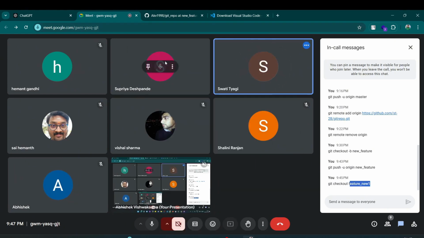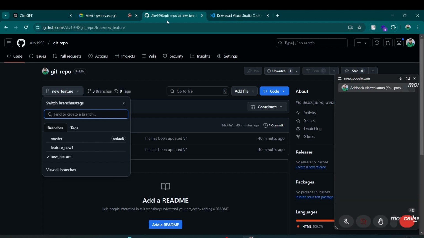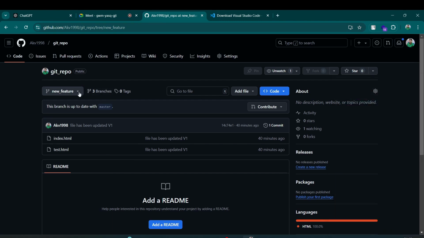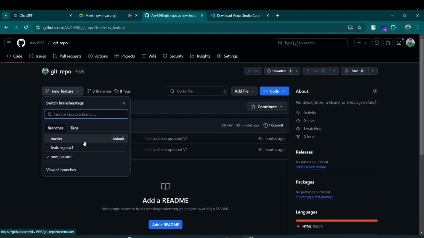Okay. So let's understand some concepts of merging. We will try to merge one branch to another branch. Okay, so in my case,